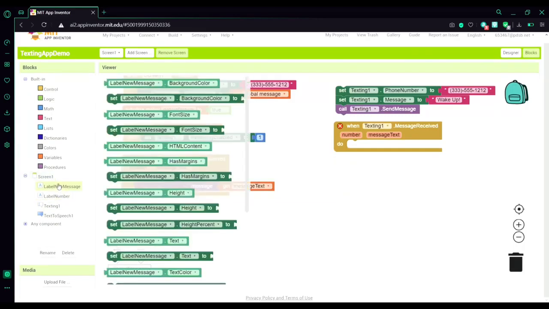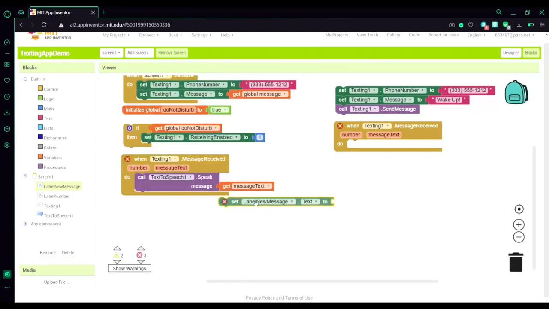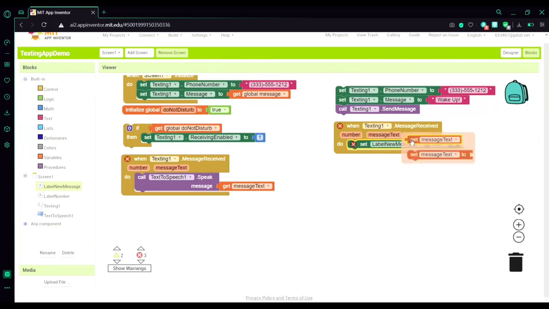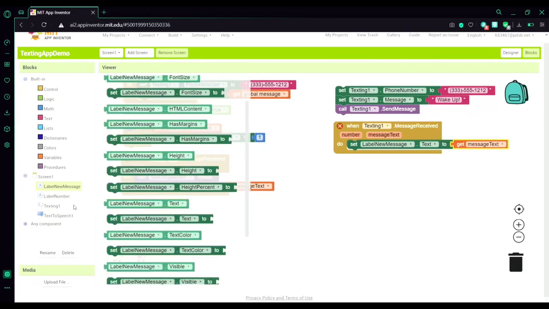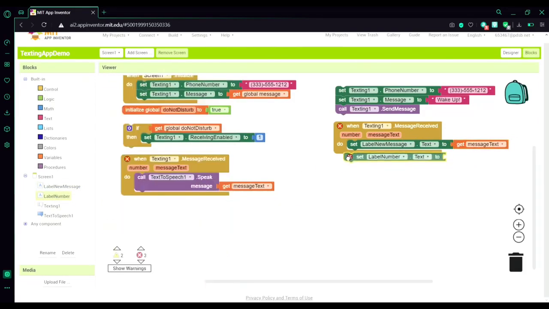Now I'm going to select label new message and grab the set label new message text to and place it under the when texting message received do block. And I'm going to grab the get message text. Now label new message will display the new text message which comes from the person who's texting the user. Now that I grab the set label number text and I put get number there, label number is going to